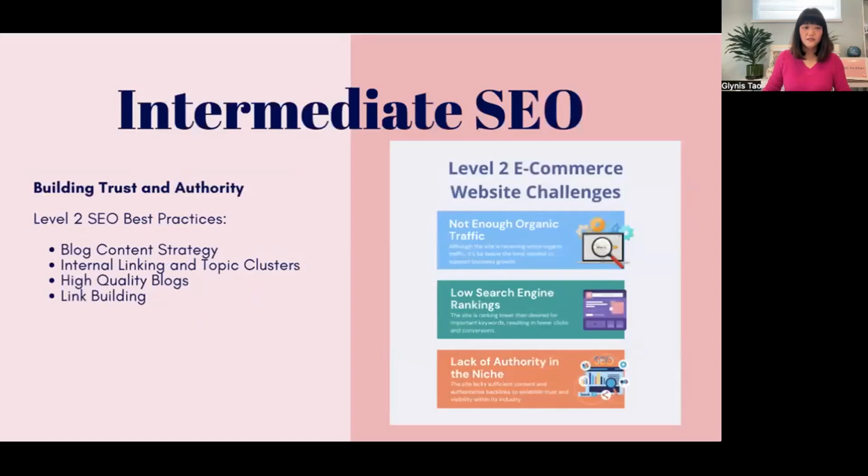Okay, so let's talk about the next level, which is intermediate SEO. So your goal on level 1 was to get in the game of SEO, right? And you wanted your pages to start ranking for relevant keywords and get discovered by your target customers on search engines like Google. Now that you've laid the foundation, your goal in level 2 is to build trust and authority